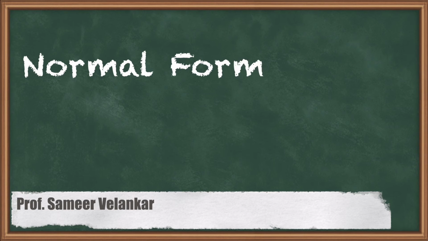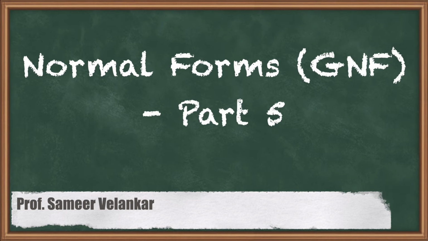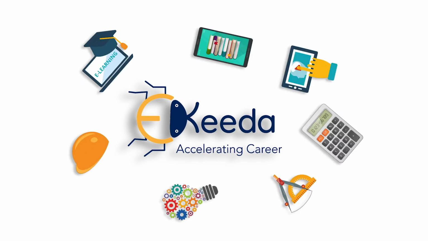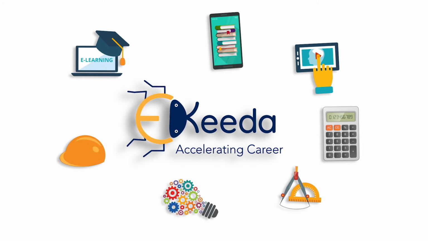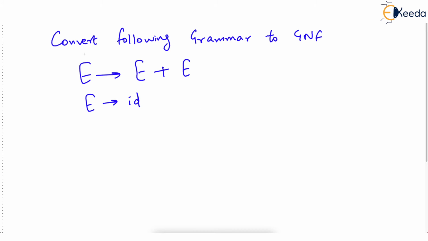Hello dear students, let's see one more example of Greibach Normal Form. Now the problem asked over here again is: convert the following grammar to Greibach Normal Form. Now just check that the grammar given over here is a context free grammar. But this grammar has the first production